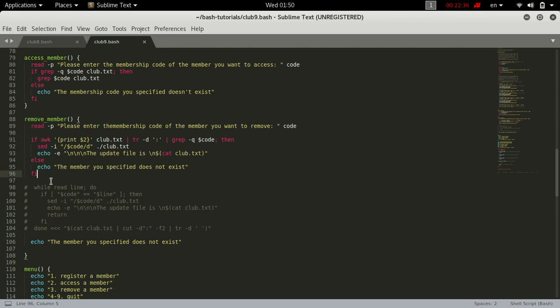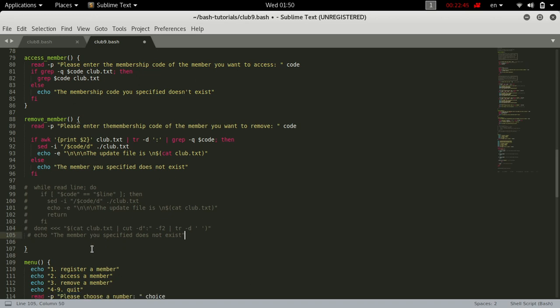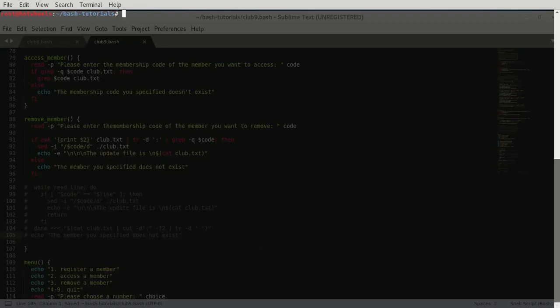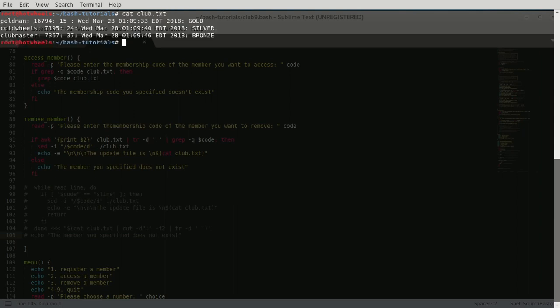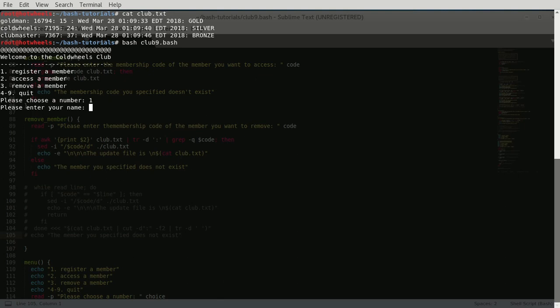But anyway, the if statement itself is totally fine. We just forgot to comment that echo. And that wasn't a logic pitfall. That was a logic pitfall, however, because we forgot to comment something, and that is a logical error in the program. So that if we, please get club.text, and if we remove a member, register a member,